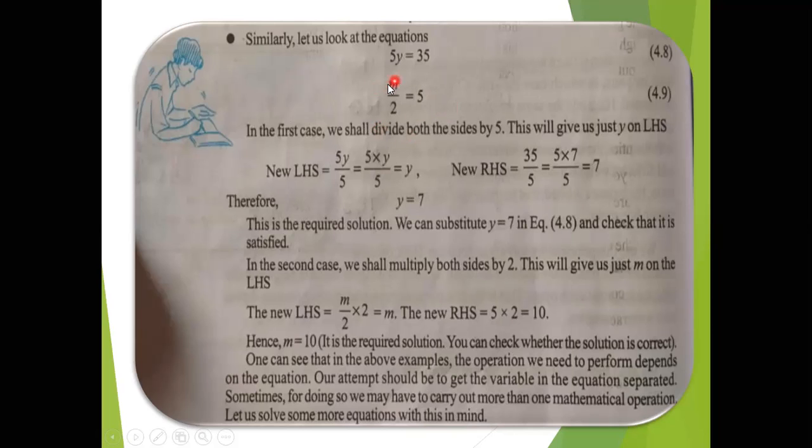Now let us do the same way, m by 2 equals 5. Here our LHS is m by 2. So you should multiply by 2 on both the sides. LHS and RHS you have to multiply by 2. So m by 2 into 2, here 2 will get cancelled, then m remains. Then on the RHS you will get only 5, and if you multiply this 5 by 2 you will get 10. So the m value is 10. When you substitute this m value, 10 by 2 equals 5, since 2 fives are 10. So LHS equals RHS. In this way we verify whether LHS is equal to RHS or not.